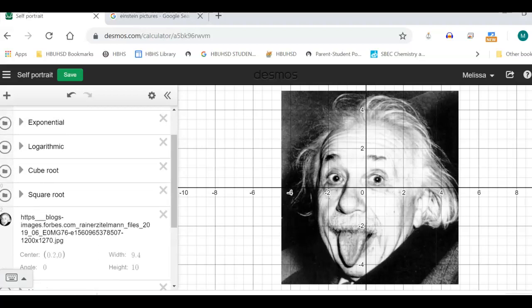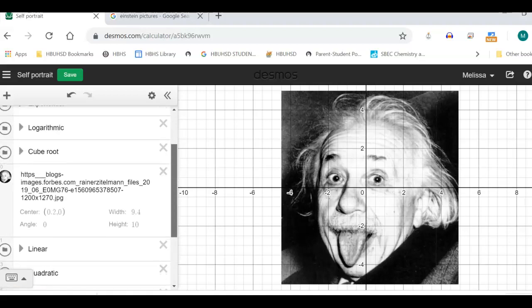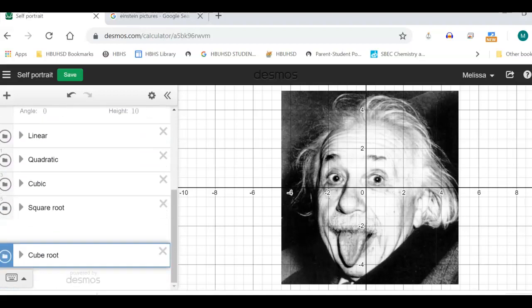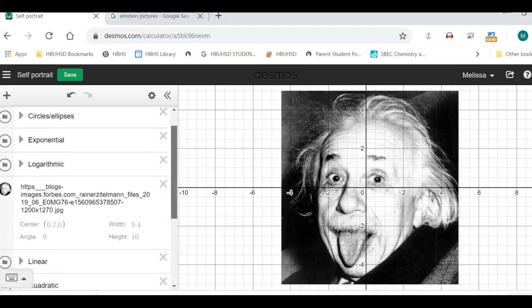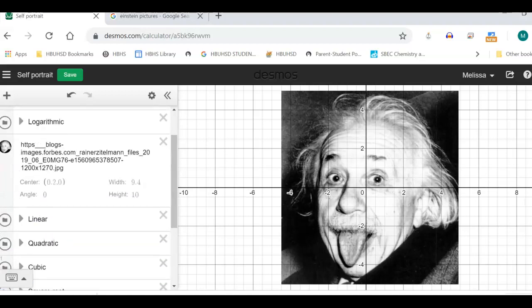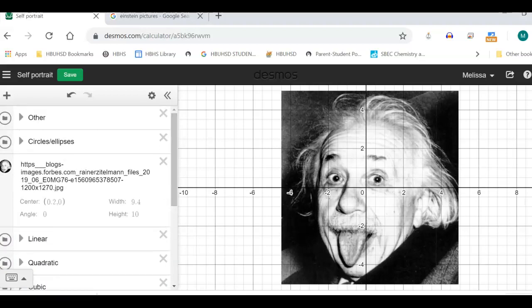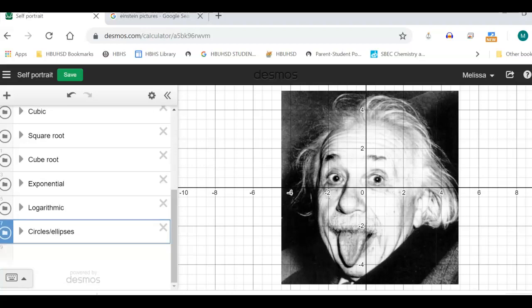And then I'm just going to rearrange them all in the order that I want. Square root, cube root, exponential, log, circles and ellipses,